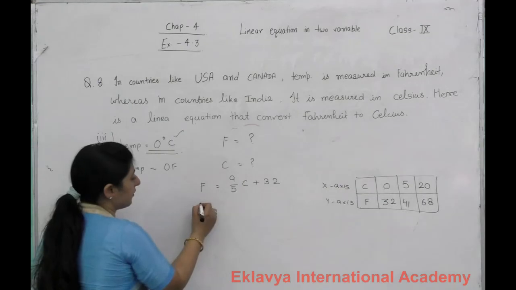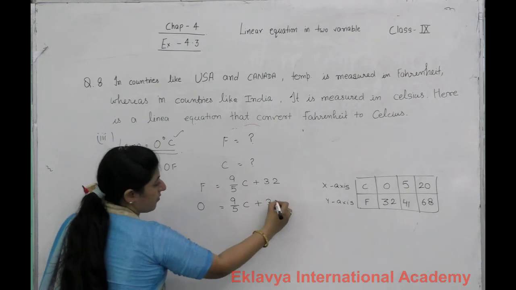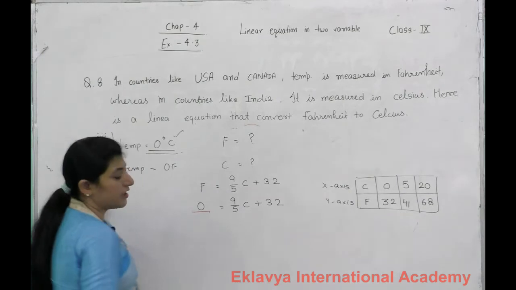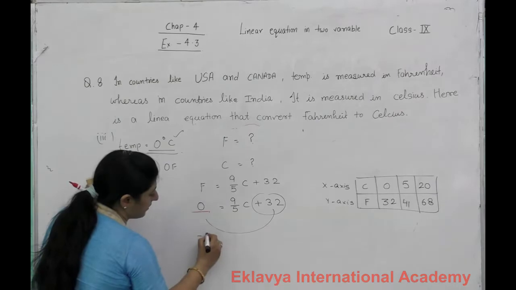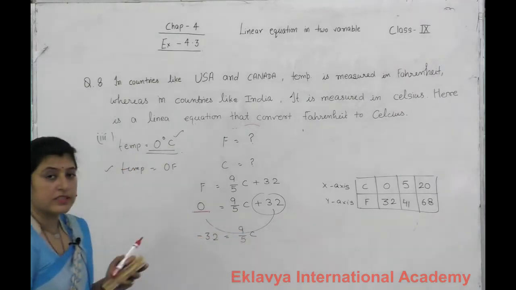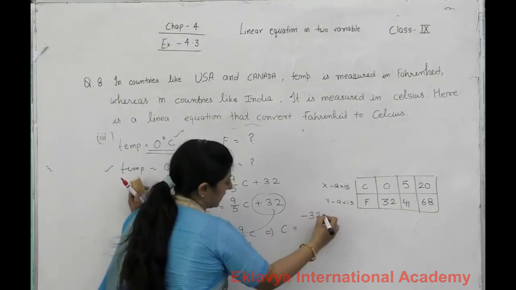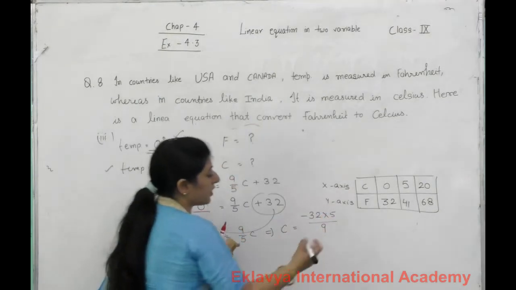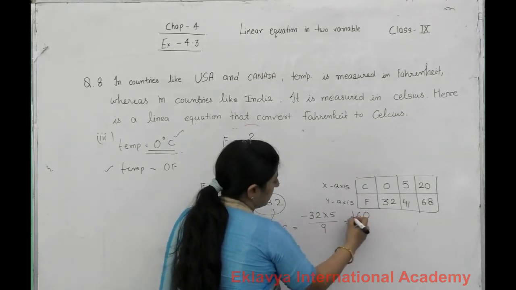If it is 0 Fahrenheit, then it becomes, we put the 0 here in Fahrenheit. Now solve it. This 32, when you shift here, minus 32 is equal to 9 by 5 into C. We want to find out the value of Celsius, then it becomes minus 32 into 5 upon 9. You will get your answer in decimal. 5 2s are 10, 5 3s are 15 and 1 is 16.